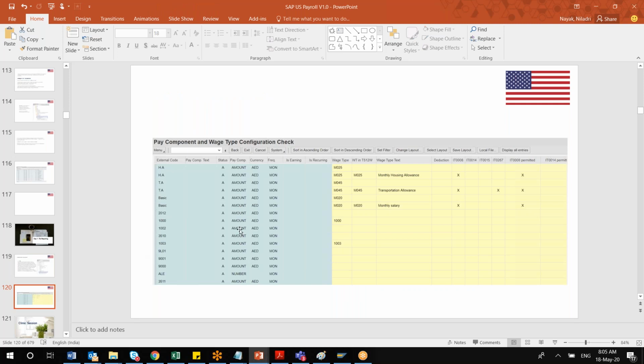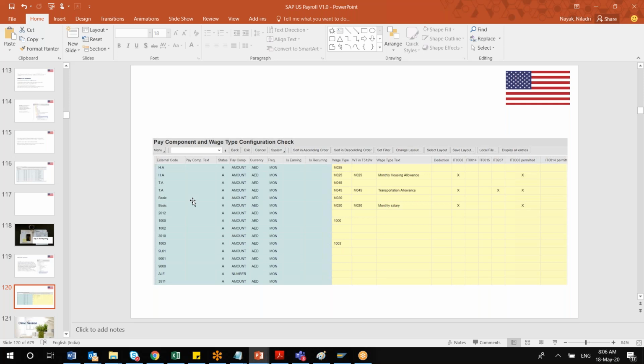Column A, the first column, is called external code or the pay component. The data I took from my test environment did not have the pay component text, so you will find column B, the second column, pay component text, all blank. Ideally both should be filled. Like if it is basic, the pay component text should be mentioned. Pay component text is coming from your Employee Central.